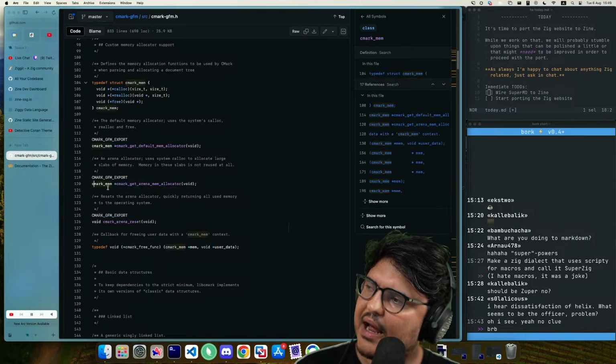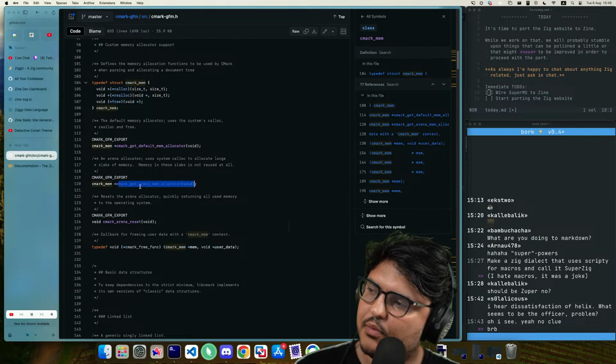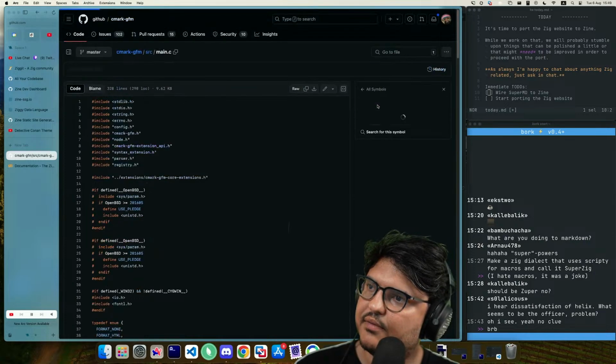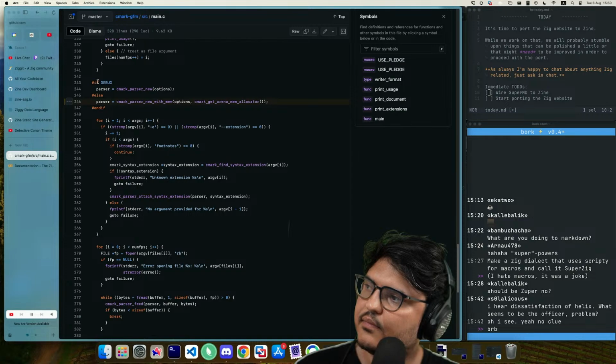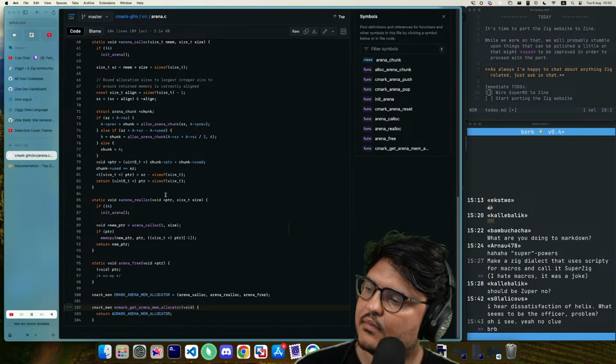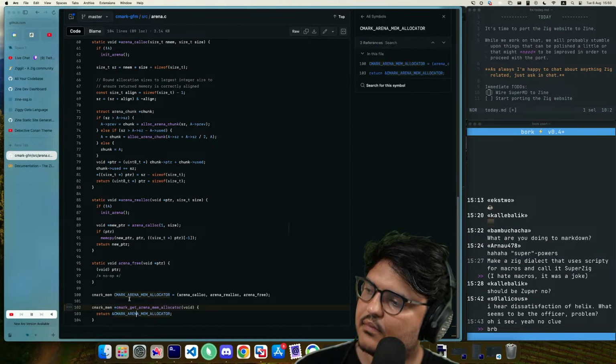So this kind of gives you a handle. Yeah, this is just an interface for sure. So like this is a global basically. They have a global that contains the allocator itself. There you go. So this is the global.